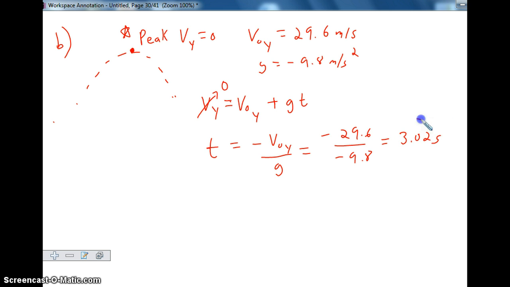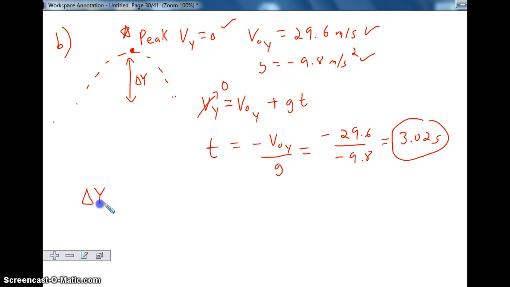We have a second thing part B asks us as well, and that would be finding out what the max height is. So basically what we need to find from here to here is delta y at that moment. Knowing what we know, there's several different routes we could take. I'm going to try to use, like usual, only givens and knowns, which would be these three values here. But I will state in a moment how we could use the time at the peak to help us as well, if that would happen to be all we have. Alright, so anyways,